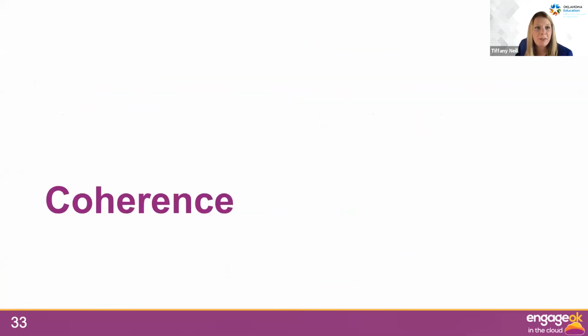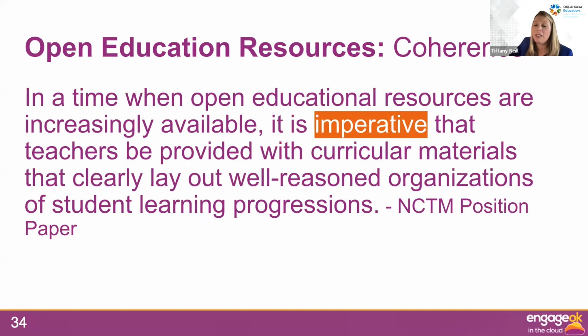So it's not only important to focus on alignment and focused efforts with your instruction, but coherence is vitally important. We talked about coherence a little earlier. Remember, that's the idea of building lessons progressively in a way where it helps students build understanding or make connections to other lessons that you're doing throughout the year. What we find is that many of the open education resources, they're increasingly available, but as someone mentioned earlier, teachers are pulling those down and sort of piecemealing curriculum, and that coherence is lacking. Because again, teachers are spending a lot of time just finding lessons.